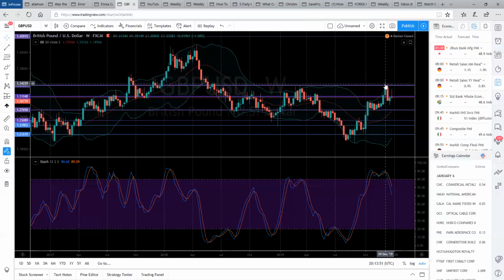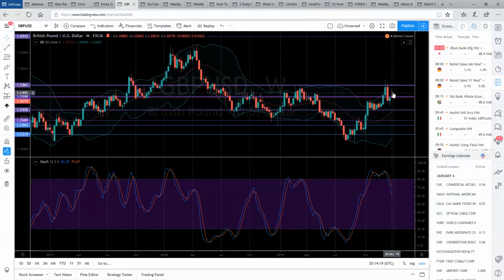We're seeing prices come from this zone, close below this one, and has tried to retest this zone. By the formation of the candlesticks we have here, this is the weekly time frame, we have something that looks like a double top. Prices have tried to retest this top,